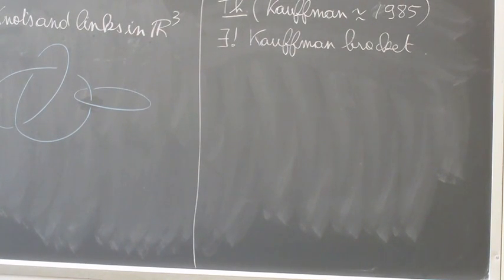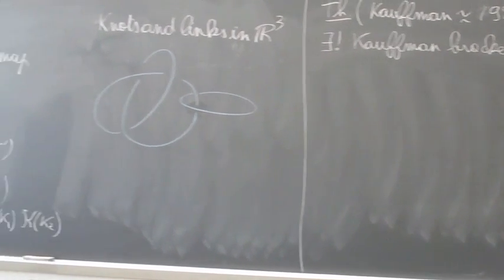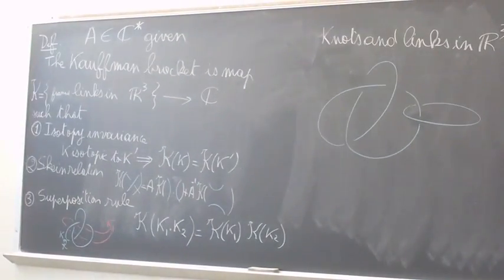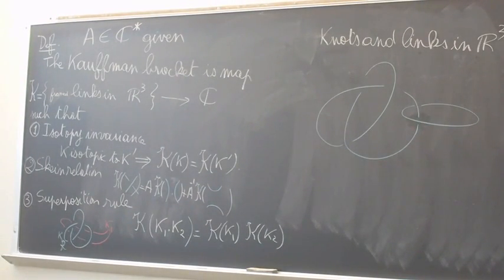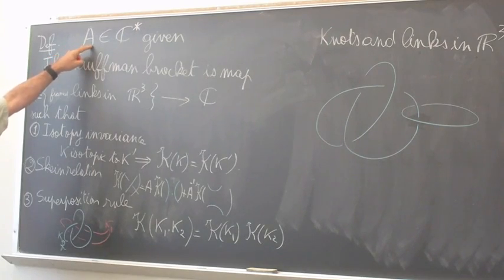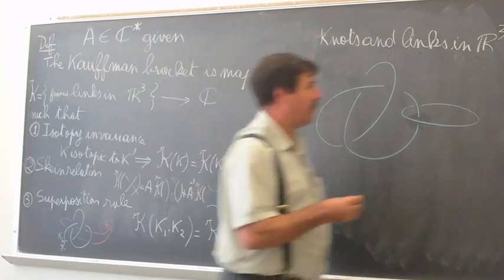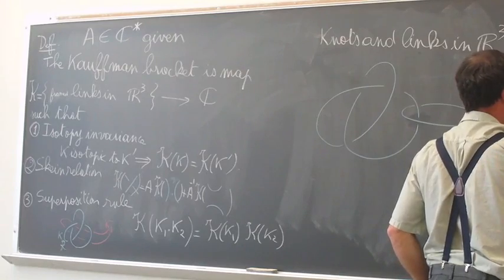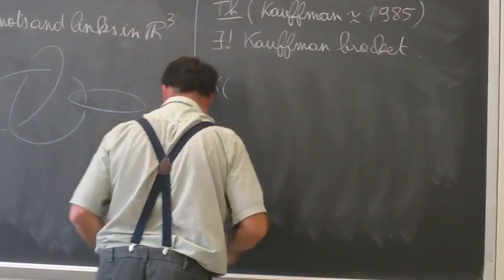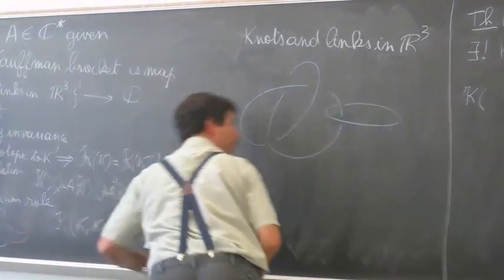So actually non-zero or something? What? Okay, well, zero is one. If you do it right, no, because you're going to have problems here with zero or whatever. Just say K of the unknot is 1. Hmm? K of the unknot is 1. What is A? I'm sorry? What is A? A is a number which we chose, and for instance, K of the loop,